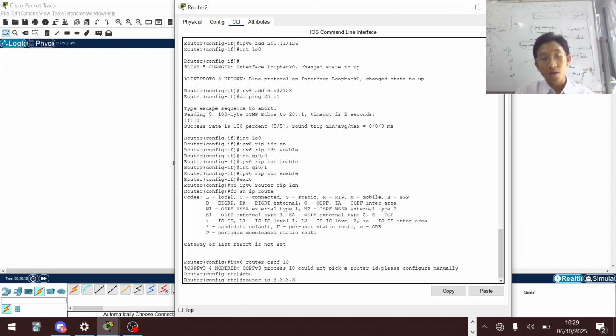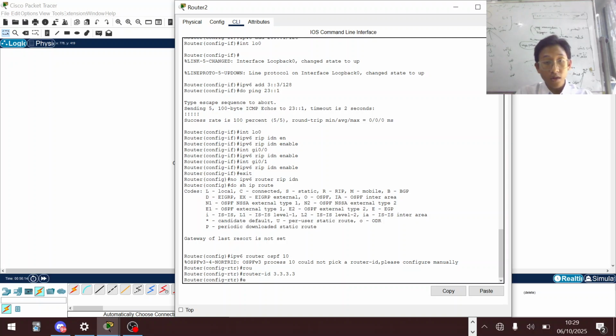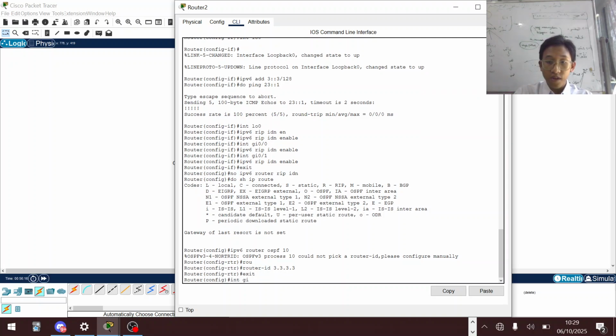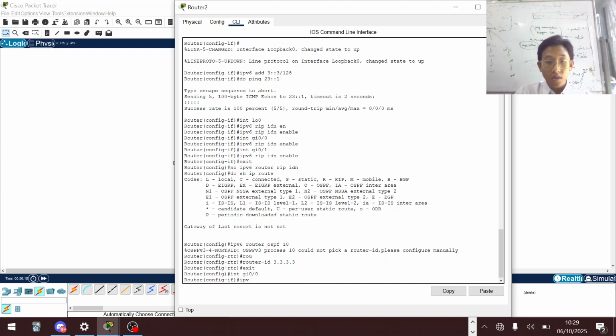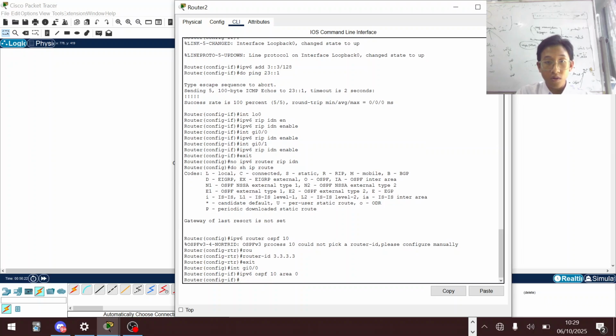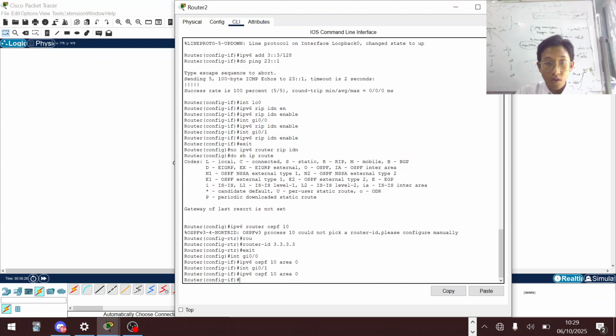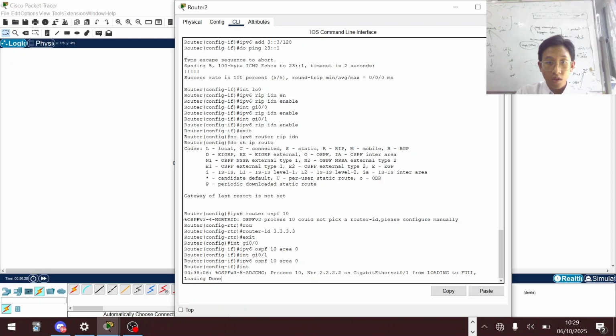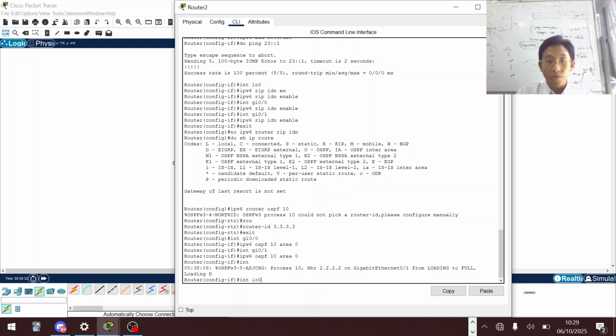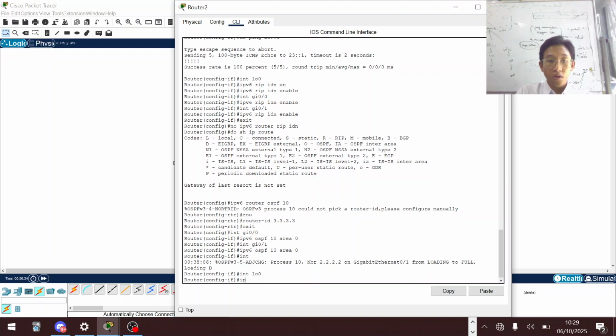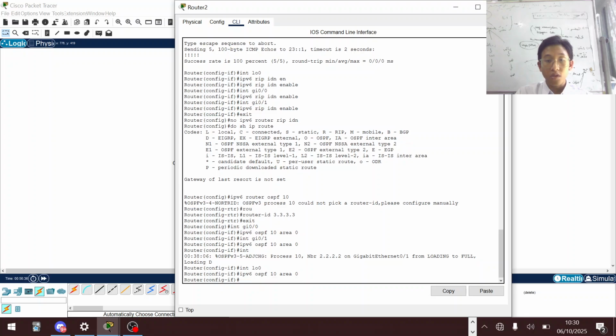I'll give the router ID 3.3.3.3, and then on each interface I will assign the OSPF area 0, and then for the loopback also area 0.